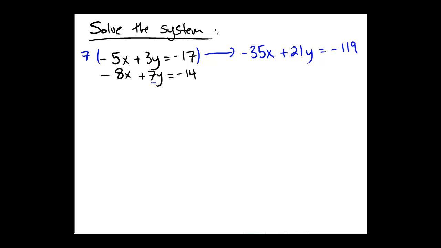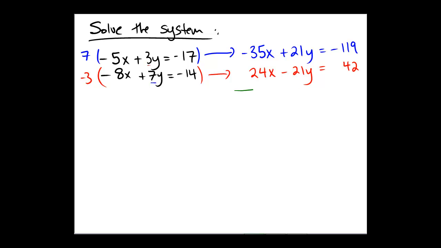Both of these are positive, so I'm going to multiply this time by the number negative 3. Negative 3. Watch what happens. Negative 3 times negative 8x would be 24x. Negative 3 times a positive 7y would be negative 21y. So over here I would be subtracting 21y. And then negative 3 times 14 is negative 42, and negative times negative is positive, so we're going to get a positive